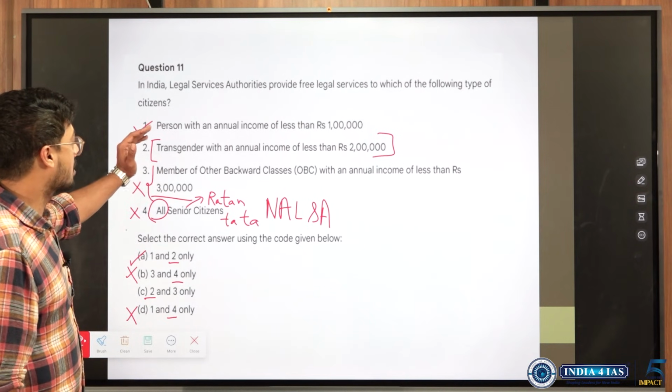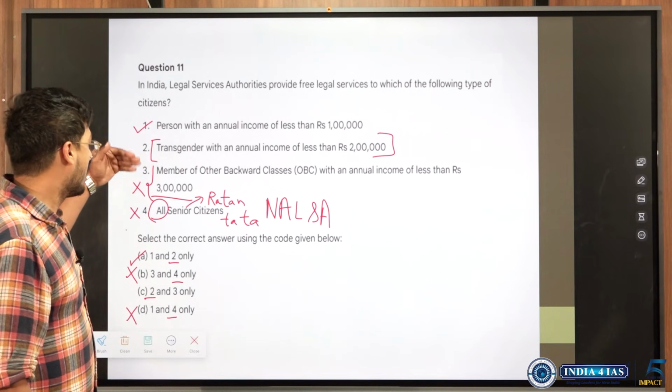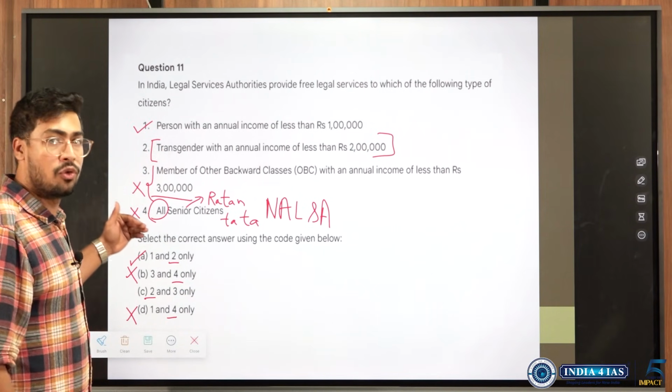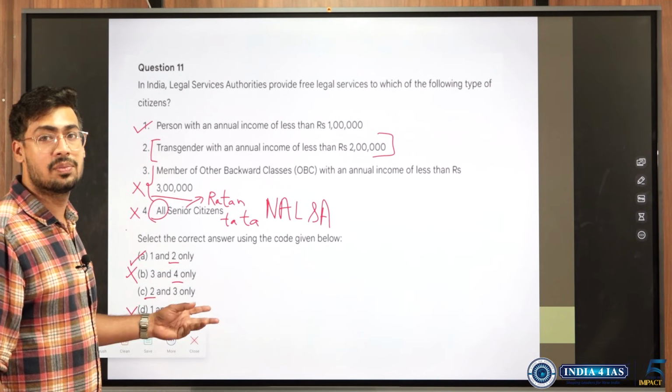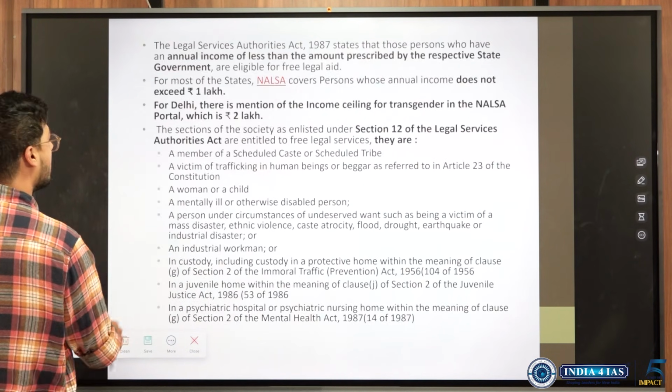So if we knew statement 1, which is present in the static books that we study, but the 3rd and 4th statements, they are made up. So the 4th, now think, yes, all senior citizens may not be eligible. If we had thought that way, we would have got this as correct. We'll move ahead.